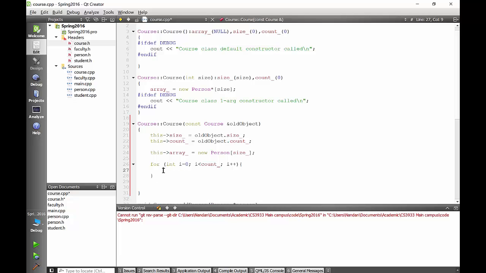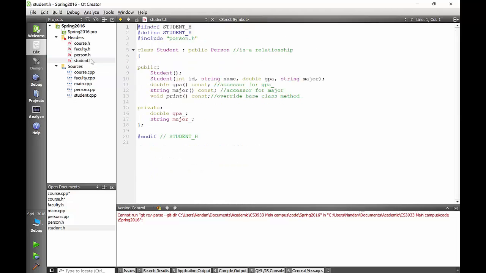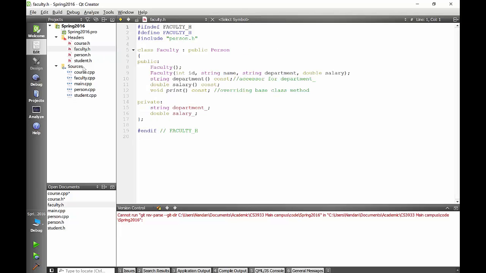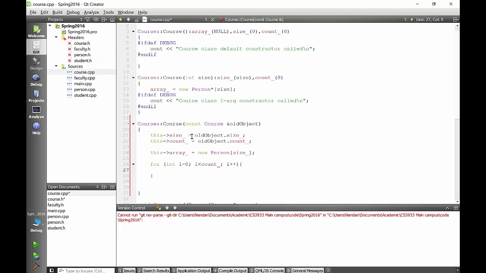So for that, first of all, we have to find out whether, well, we don't have the copy constructor for student objects. That should be fine, because the default copy constructor would be good enough, because we don't have dynamic objects or pointers here in the student class nor in the faculty class. So the default copy constructor should be fine here. So what we need to do is this: we first need to create an object. And to create an object, we need to find out what type of object it is. What I mean is this: